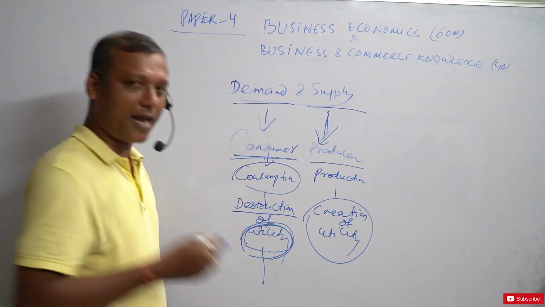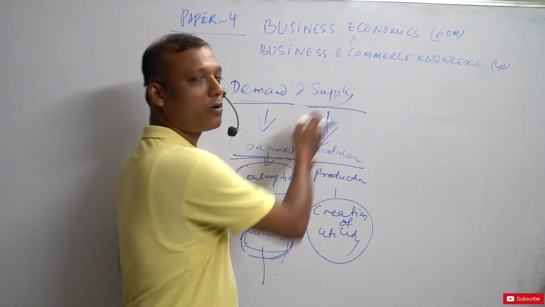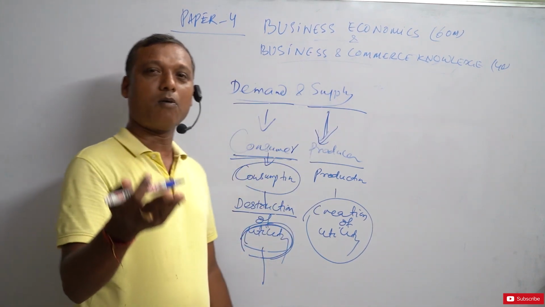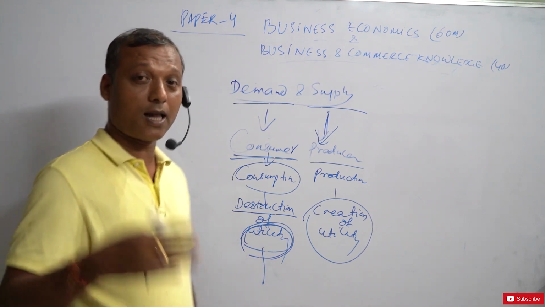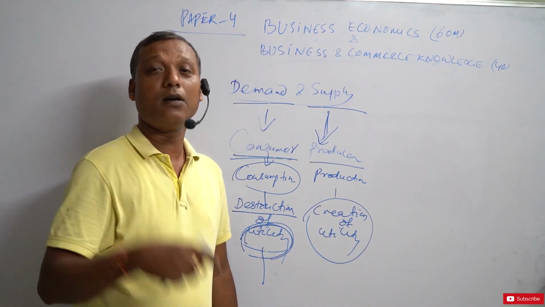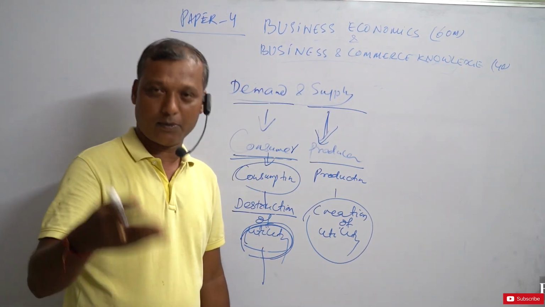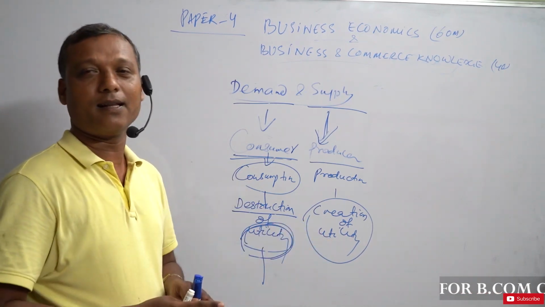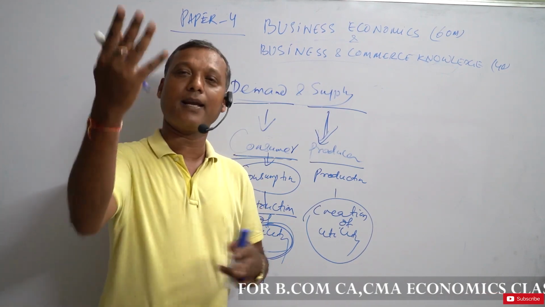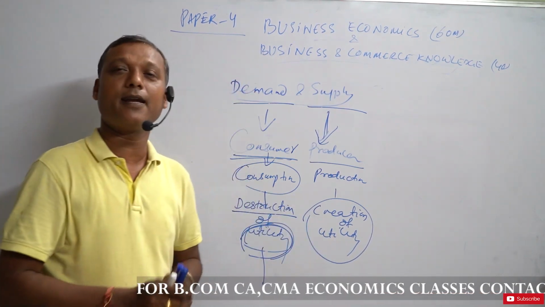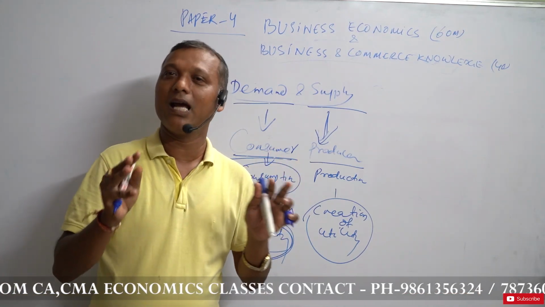Utility means any item, any goods or any service, if that satisfies a person, then that is called utility. Take for example, I can say proudly that the market gives me utility. Your pen, your notebook, your mobile give you utility. Nowadays you are using Android smartphones, so we can say they give you utility. There is no doubt that mobile, pen and AC give us utility. So now we get some idea about utility.